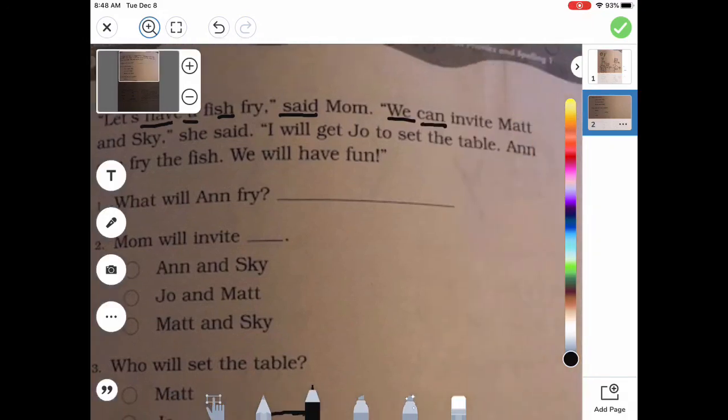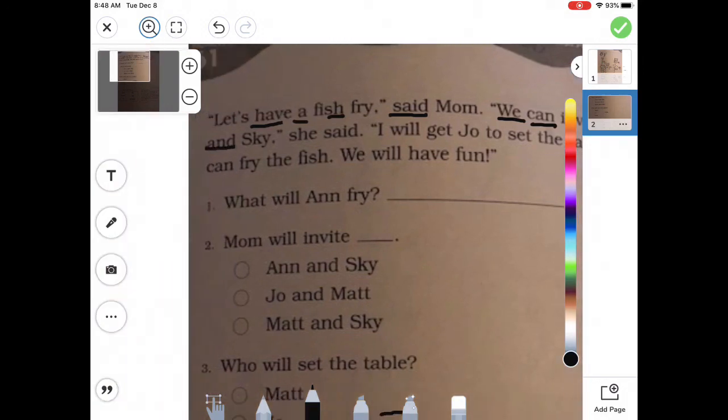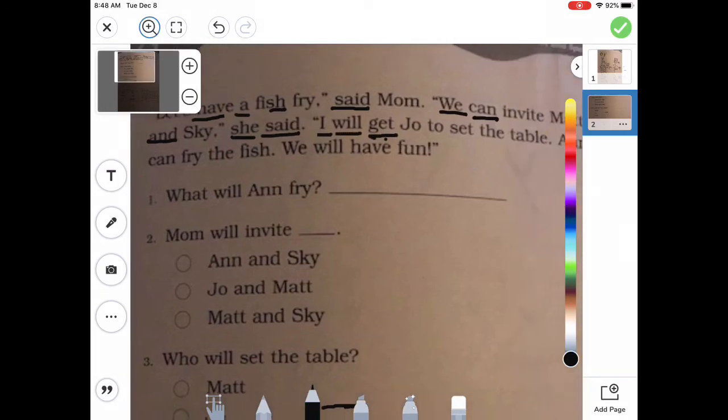We can, oh, we have to break this apart. Invite, Matt, and, oh, I see that Y at the end, so sky, she said. I will get Joe to